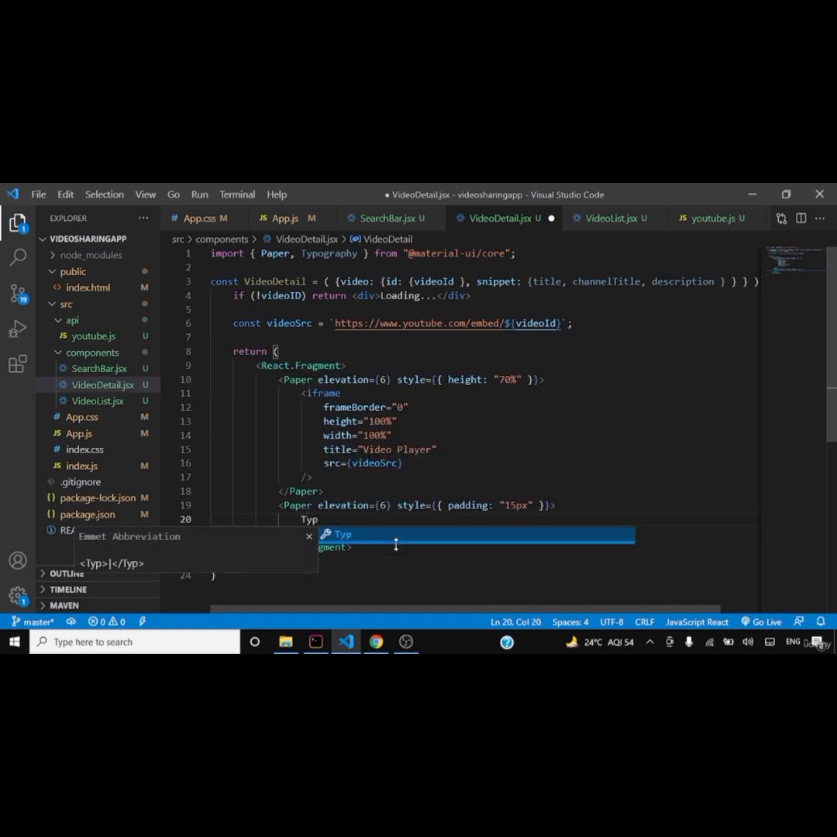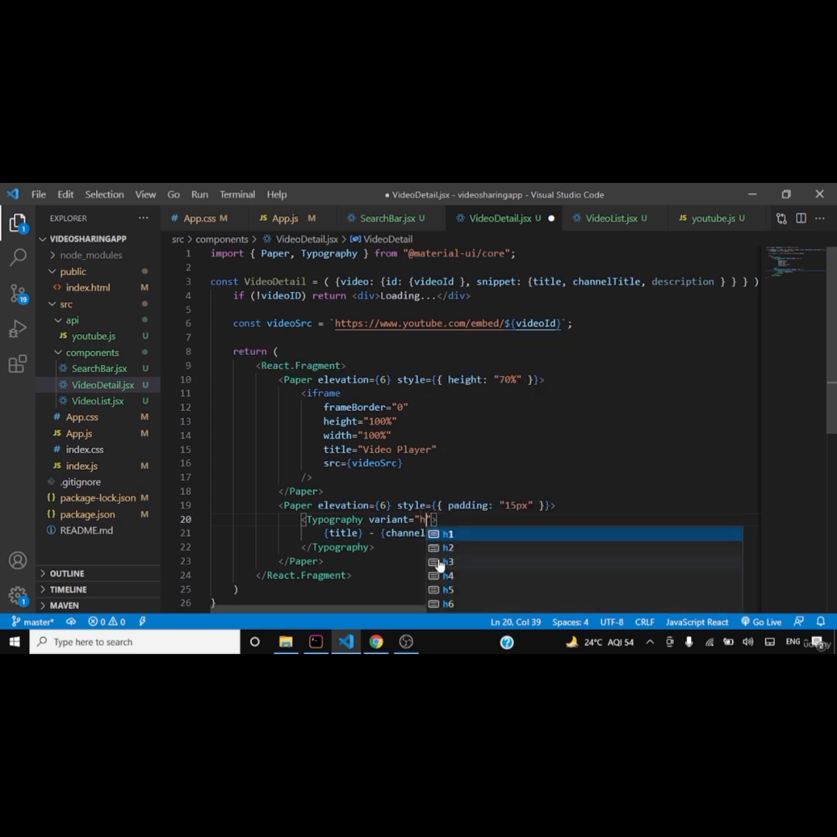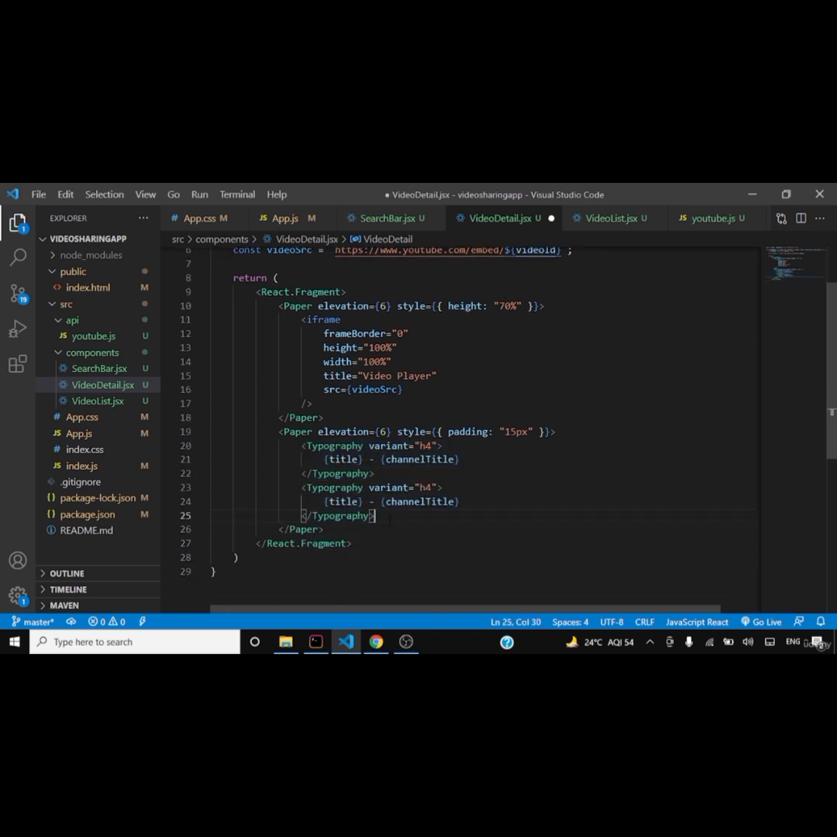For that, we should use the typography component. So the title will be channel title. Here the variant will be H4. H4 channel title. After that, we'll have another typography component, but this time instead of title as channel title, we'll